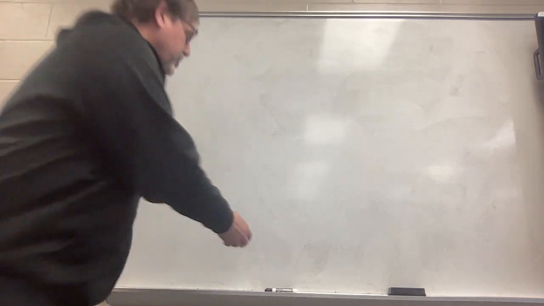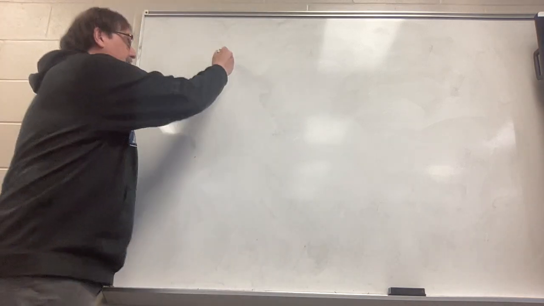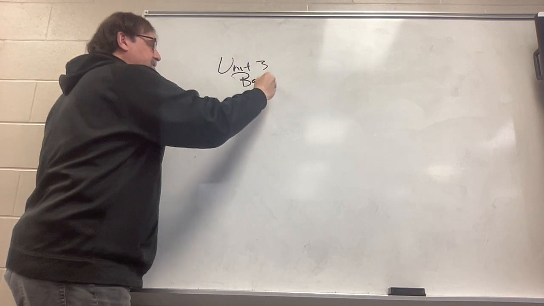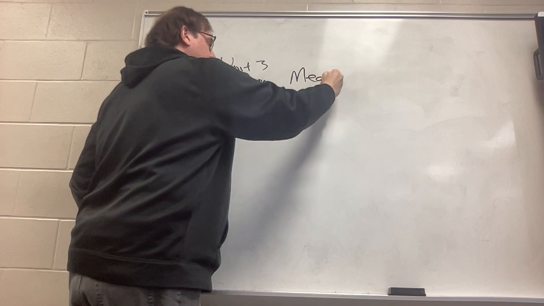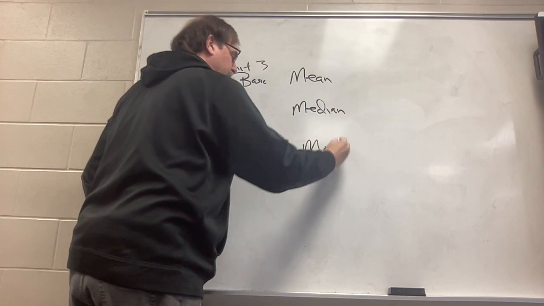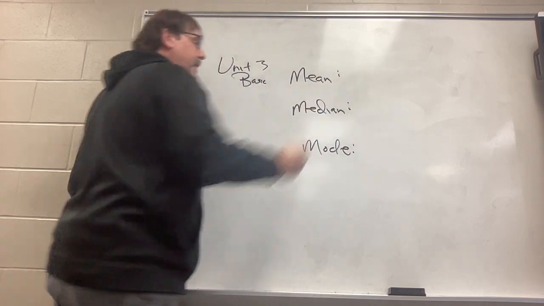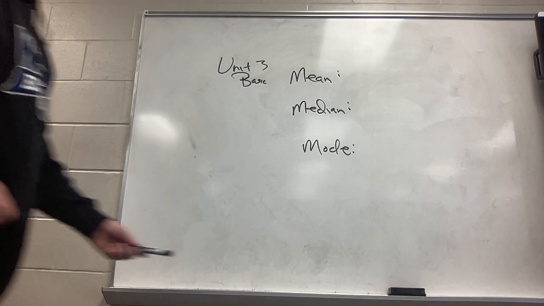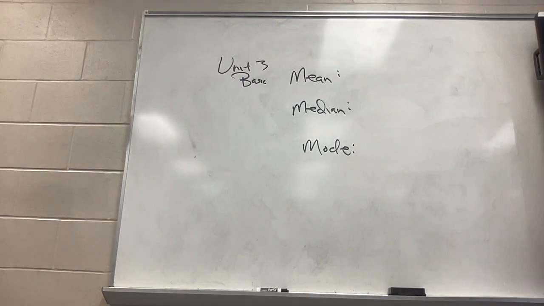The three basic stats, this is unit 3, the three basic statistics are mean, median, and mode. Range will be coming up. Mean, median, and mode are often talked about as expressions of the center. Mean is very often called, and very correctly called, average. It starts with the letter A. It's the average. It is the mean.